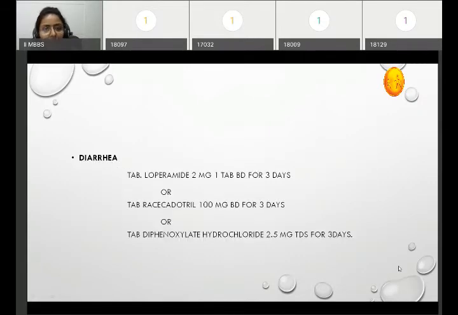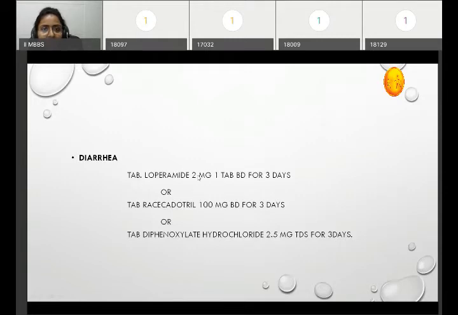Then coming to the third case, that is diarrhea. Diarrhea can be invasive diarrhea or simple non-invasive diarrhea. It can be an infective one, due to various organisms like gram-positive, gram-negative, or due to viral etiology also. So here, based on the basic pathology, you should have the anti-diarrheal drugs. It includes first antimicrobial drugs, then anti-secretory and anti-motility drugs.